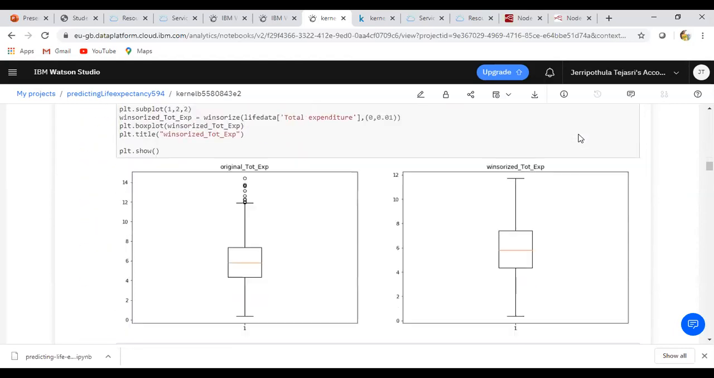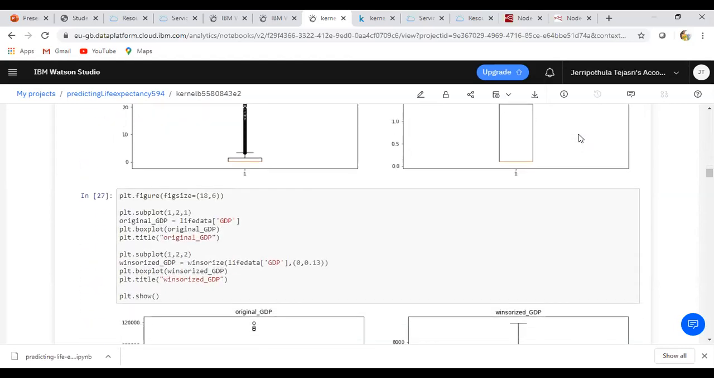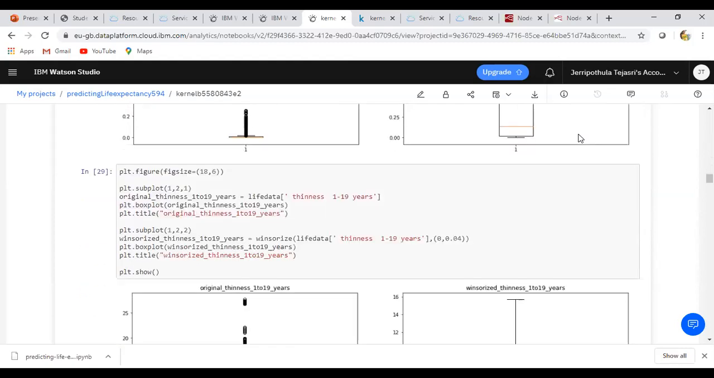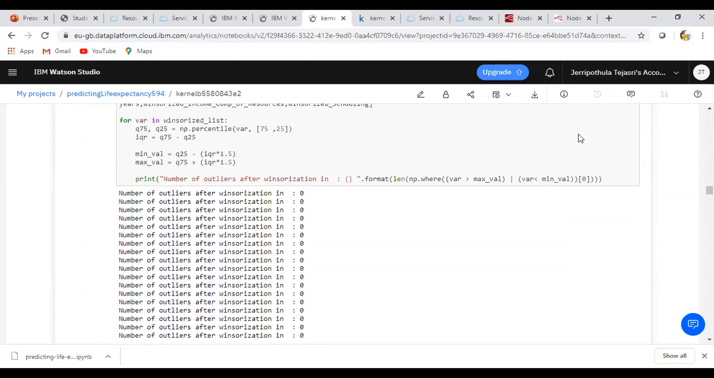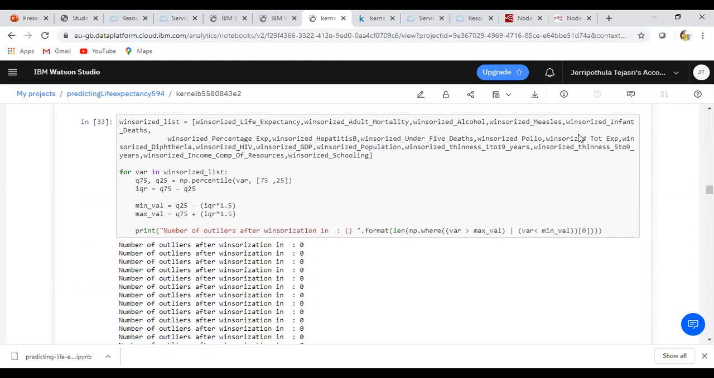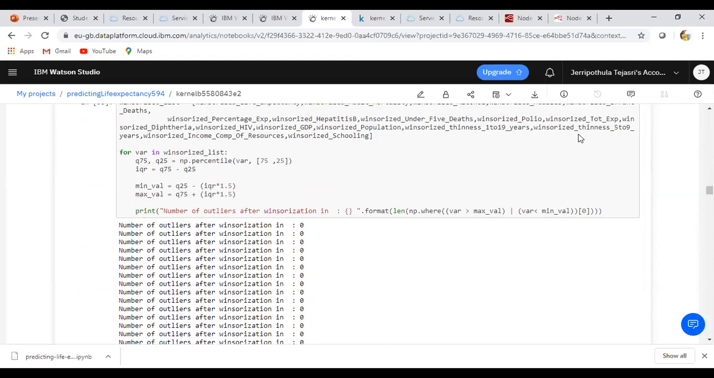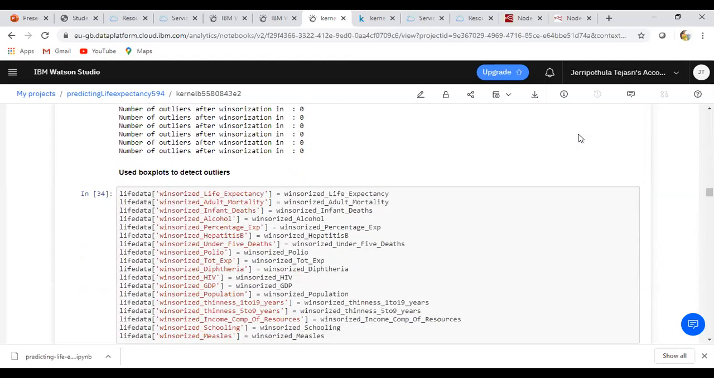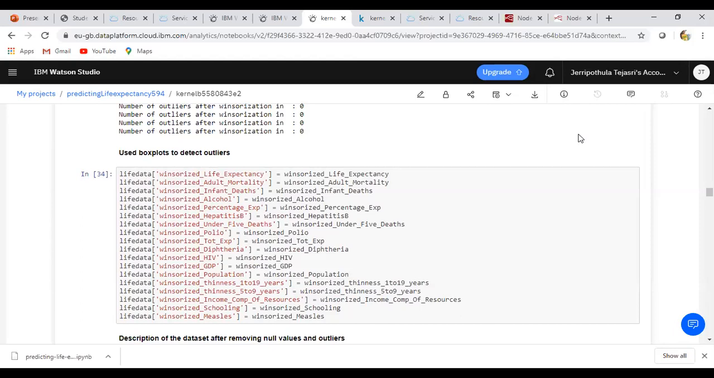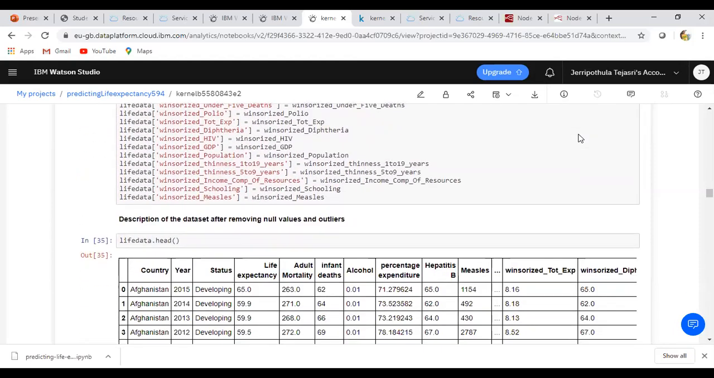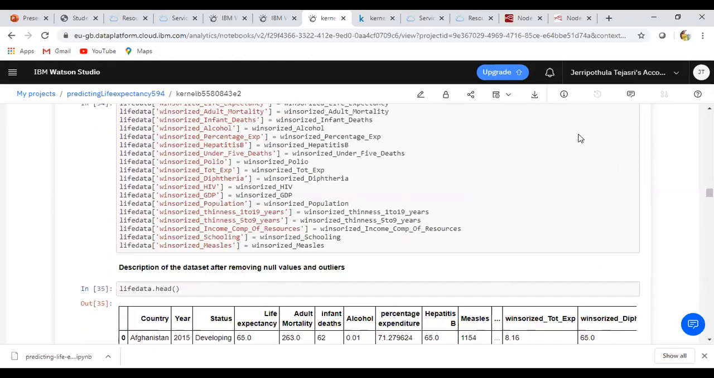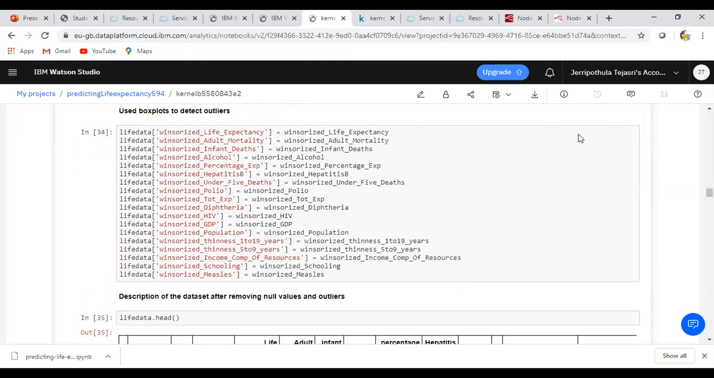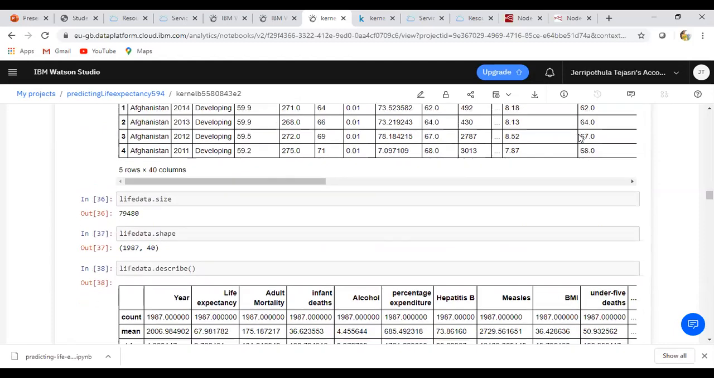And after removing these outliers, we need to check whether there are still outliers or not. So I have verified that. Next, I have used box plots to detect the outliers, and I have described the data, and I have appended my winsorized columns to my data frames,